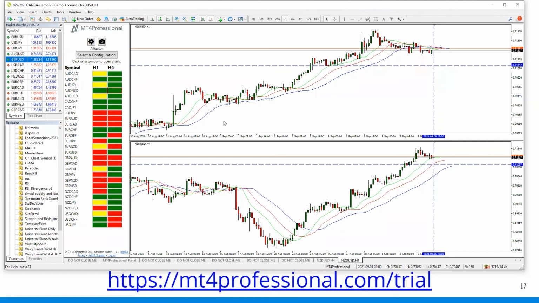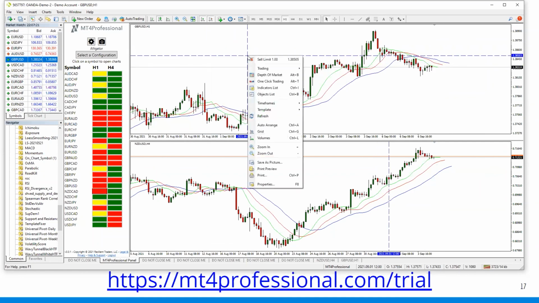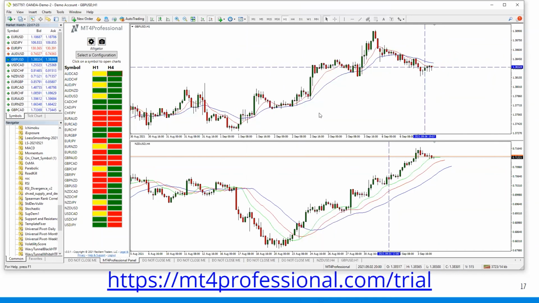Can you run the MT4 back test to evaluate a particular setup? Yes, you can. You're not limited in any way to use the platform. The platform is just a professional version giving you features that aren't available on the normal MT4 or MT5. So it's basically the same MT4 platform. You can still drag and drop symbols over and do everything the same way that you used to do. You can load templates, you can do anything that you like